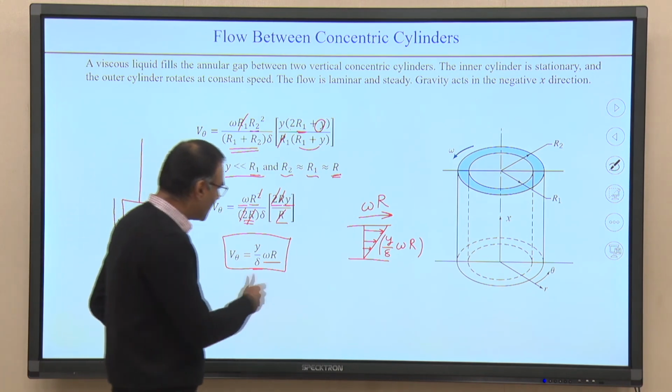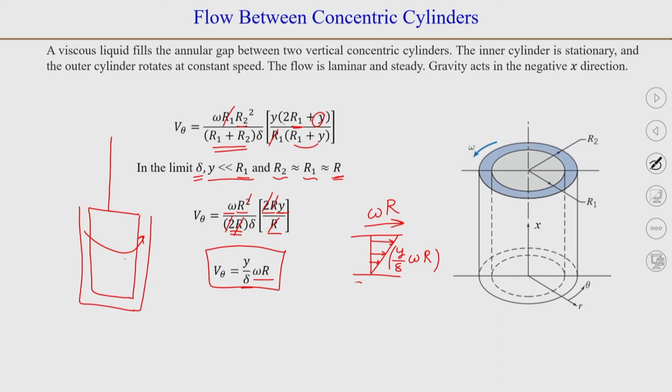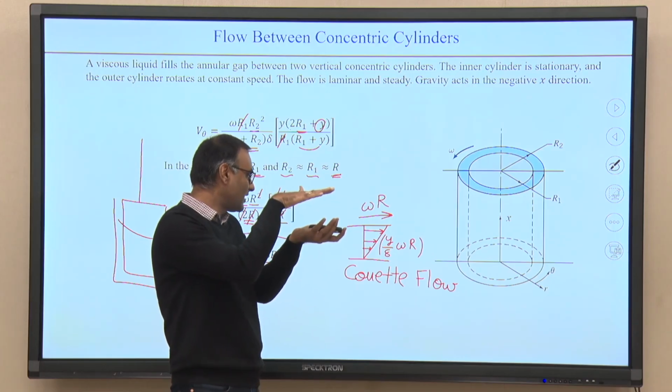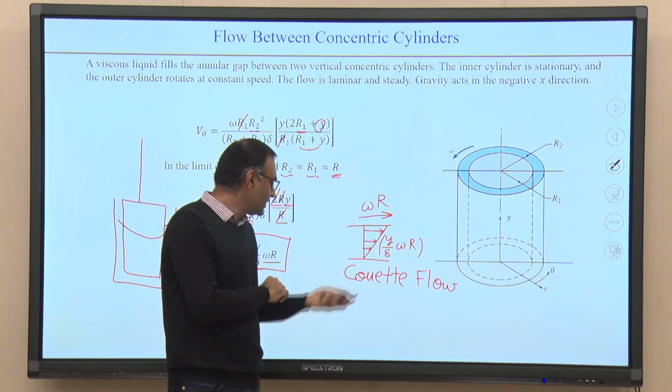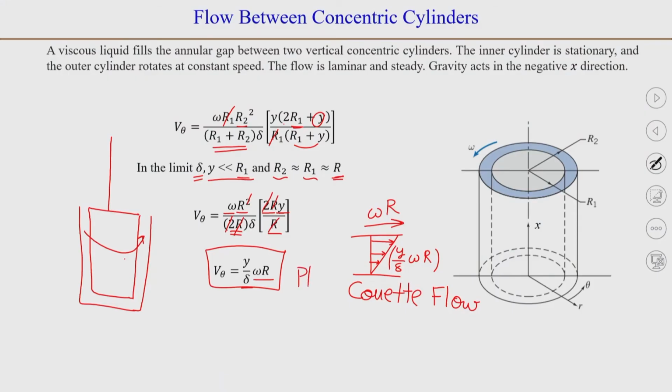You remember that the arrangement where the flow was shear driven between two parallel plates, we used to call Couette flow. When there are two parallel, infinitely long and infinitely wide plates, we call it planar Couette flow,